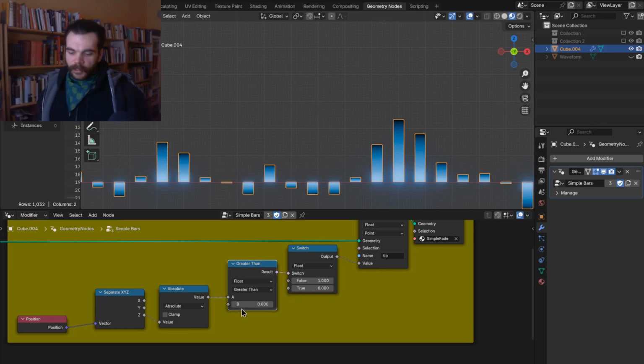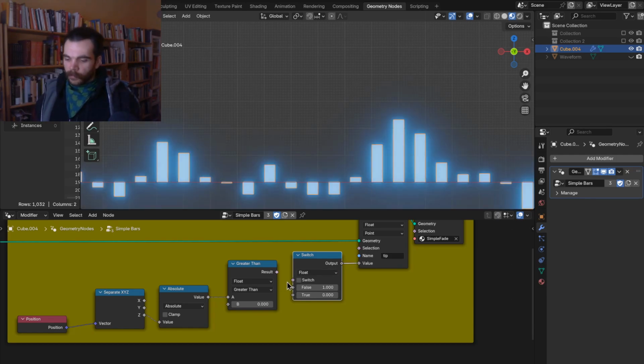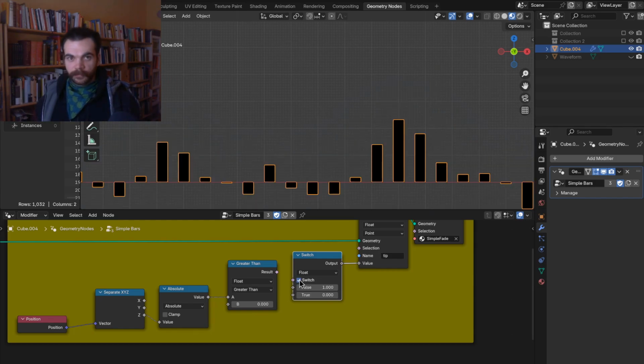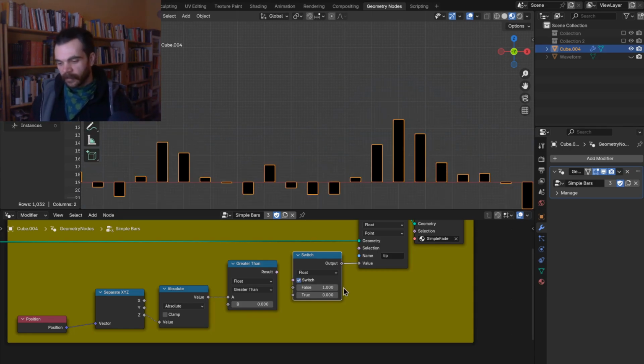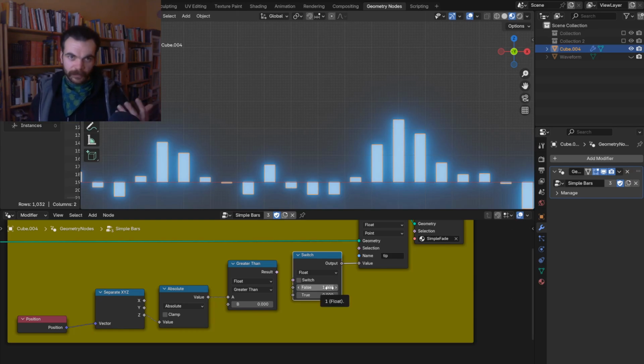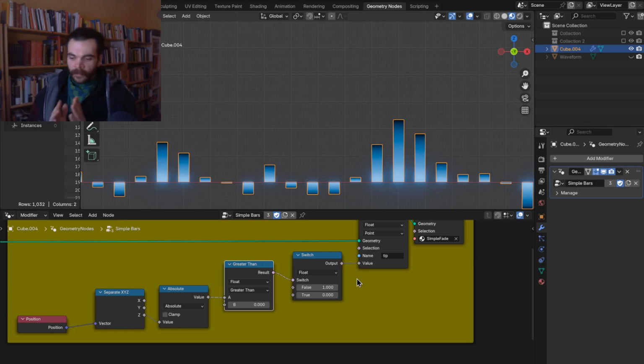And then I'm simply checking, is this value that we have greater than 0 or is it 0? And I'm inputting this to the switch. And what this switch does, let me disconnect it so you can see it. So if I check this box, it just says, if I get true here, I will pick the bottom value. If I get false, I will pick the top value. And since we are having this input here that says, is this position 0 on the Z-axis or is it something else? We have this to separate basically if it should be bright or dark,